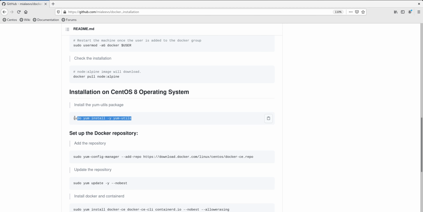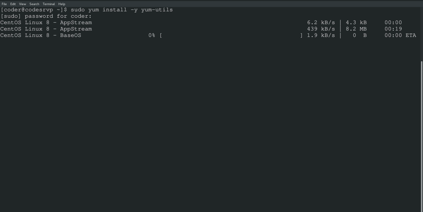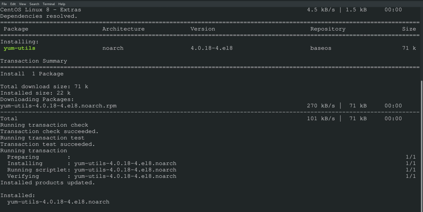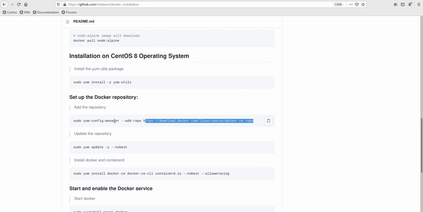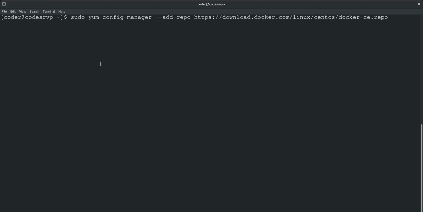Now these are the commands to install Docker on CentOS. Next step is to add the Docker repository.